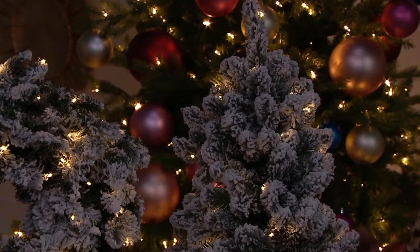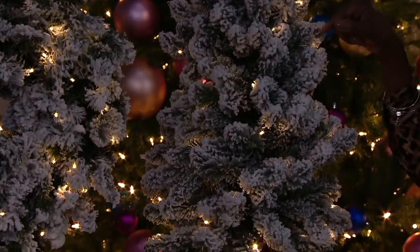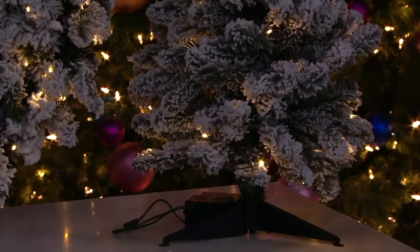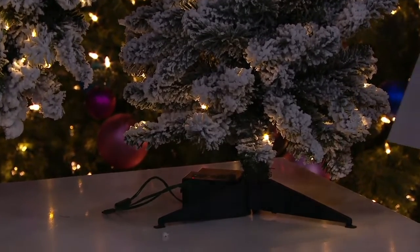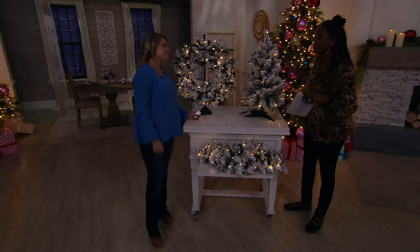And I always use the timer feature because I don't want to have to think about it. I also don't want to have to worry about where the cords are going. I was saying this earlier, hanging the wreath on the front door and then having a wire that goes across. And years ago, you can't open the door because if you do, it's going to mess up the whole